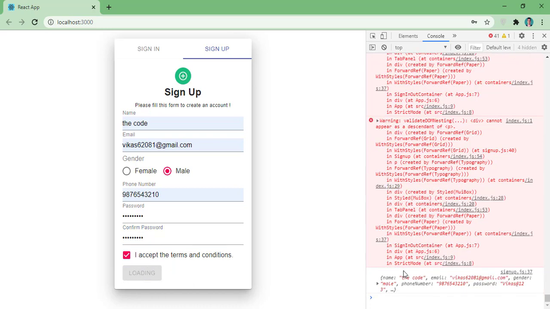Now sign up. You can see our form got submitted, but still we have values in our form, and you can see this loading is always being like this. Now our task is to enable this button back and reset this form.